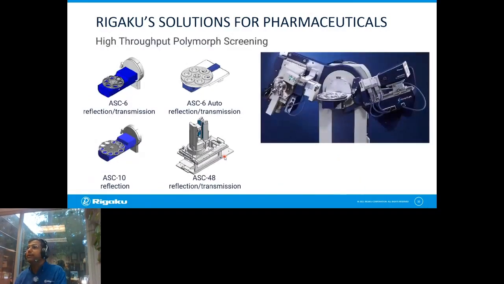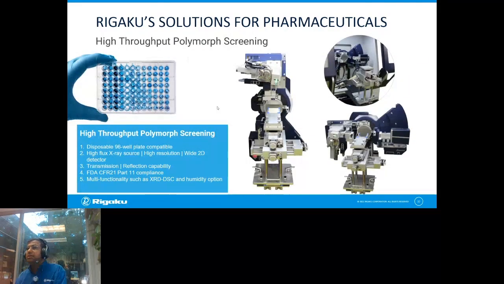You can also do high throughput polymorph screening through AC6 or AC10, these auto sample changers, where you put the samples in all these 10 and remotely control it, and the data would be collected. You can extend it to 10 samples or 48 in reflection transmission sample changers. High throughput polymorphic screening is also possible using these disposable 96 well plate compatible sample holders, with high flux X-ray sources available for that, rotating anode,